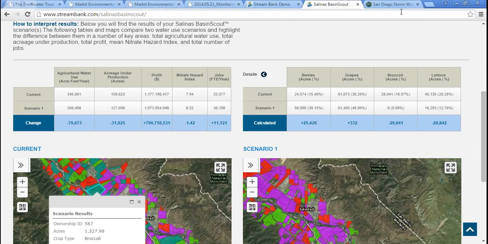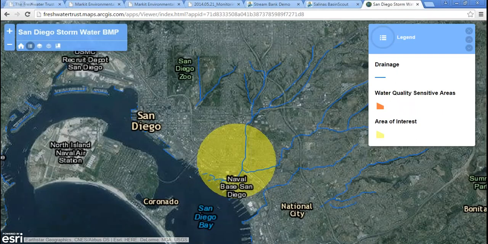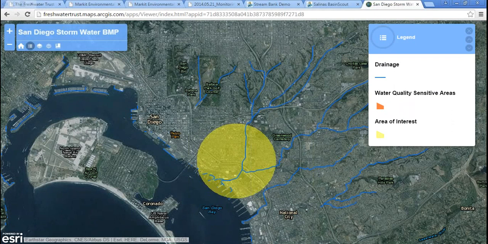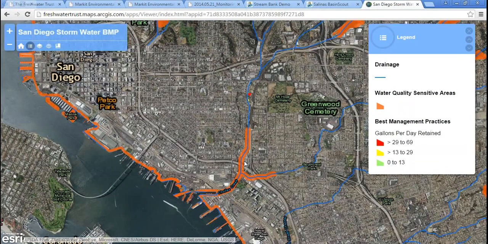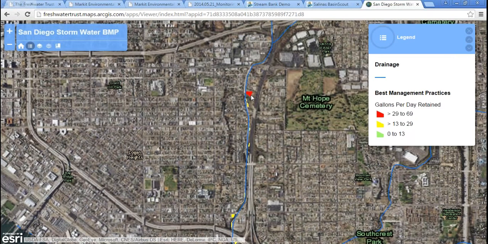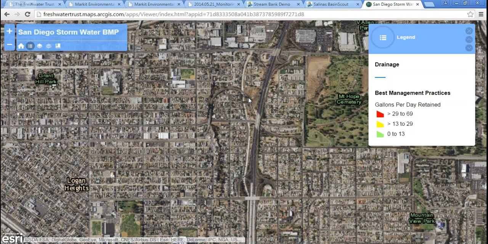And then just very quickly, we did mock up just recently what a stormwater prioritization tool would look like. We read quite a bit of the San Diego stormwater regulatory documents and found that this creek right here that it's pointing me to is one of the high priority places. We know that from some colleagues in the field, we know that San Diego is considering a stormwater trading compliance alternative for MS4s. And we just wanted to demonstrate, using these same types of tools, what that would look like,